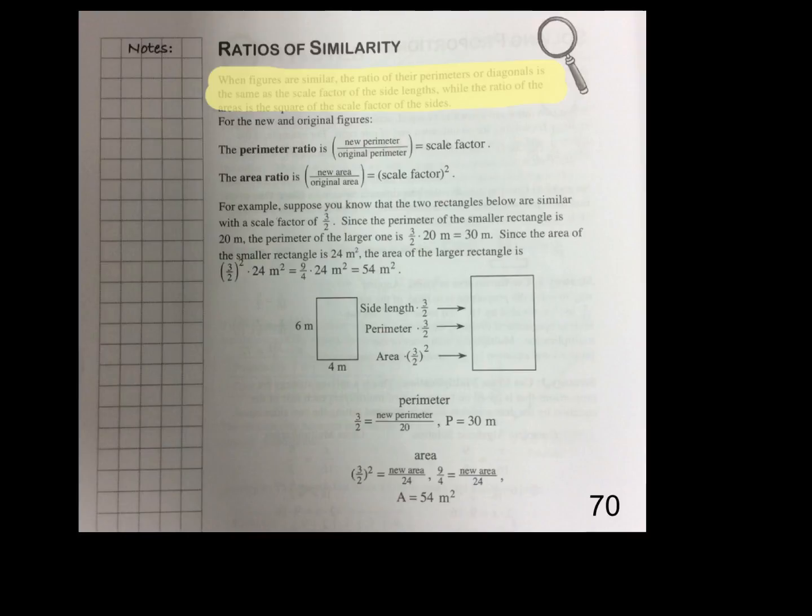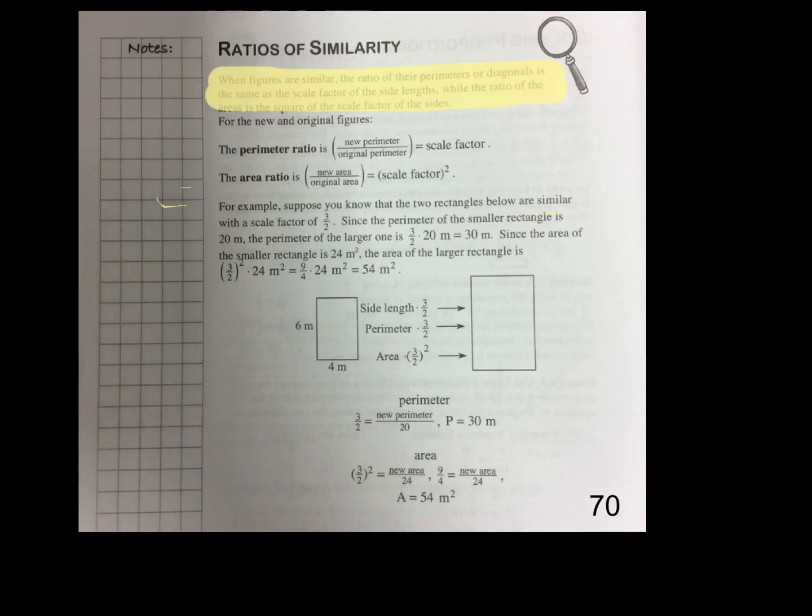So I'm going to skip down to the next paragraph. It says, for example, suppose you know that the two rectangles below are similar, with a scale factor of 3/2. Since the perimeter of the small rectangle is 20 meters, the perimeter of the large is 3/2 times 20. Therefore, it's 30 meters. Since the area of the small rectangle is 24 meters squared, the area of the large